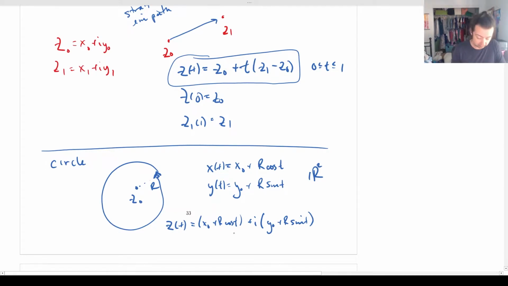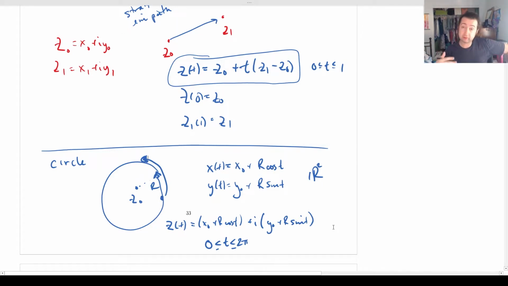And here, if you want the whole circle oriented in the positive direction so that we're traveling around the curve in the correct way, and we'll talk about orientation more in a little bit, here we're going to let t go from 0 to 2 pi. And that will start us here, and then we'll wrap this way around the circle. So counterclockwise is normally chosen by default to be the way that we want to traverse a closed curve like this. Okay,